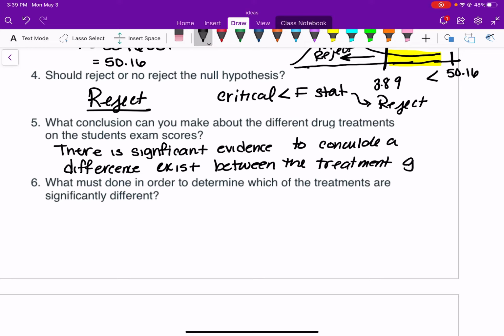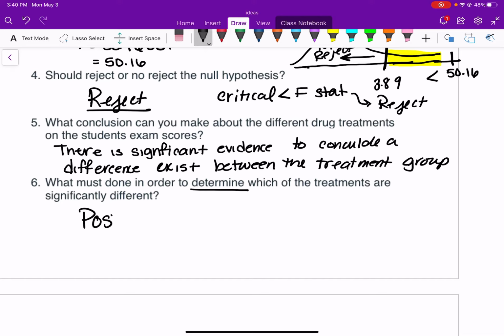Notice I didn't say that the drug worked or that the placebo worked or that the no treatment worked. I just said there's some difference. We don't know what it is. But we know that there's a difference between the treatment groups. In order for us to determine which ones are significantly different, this is where we have to do